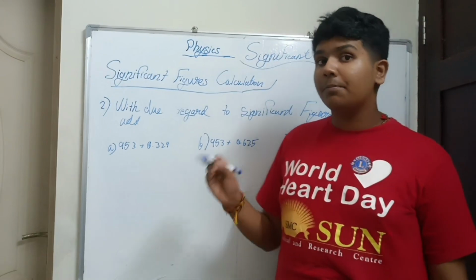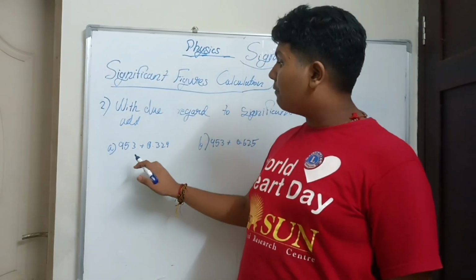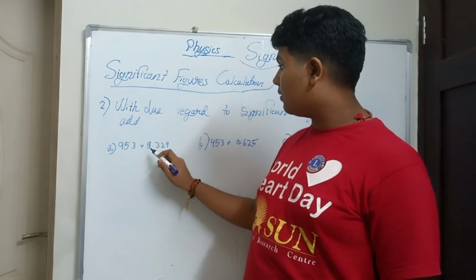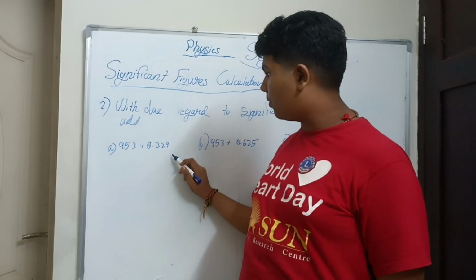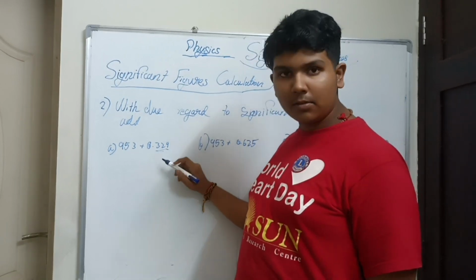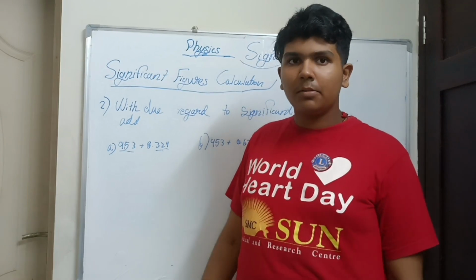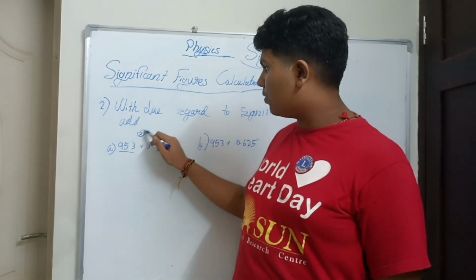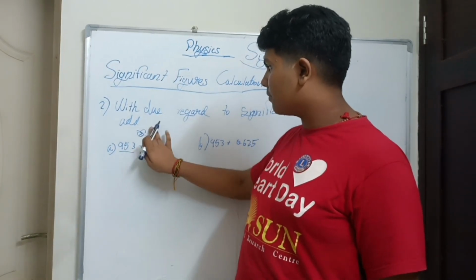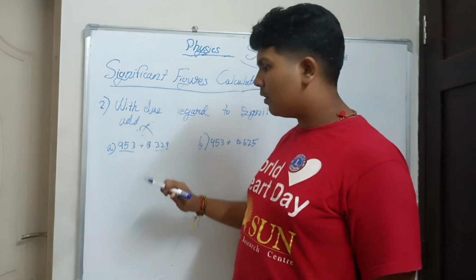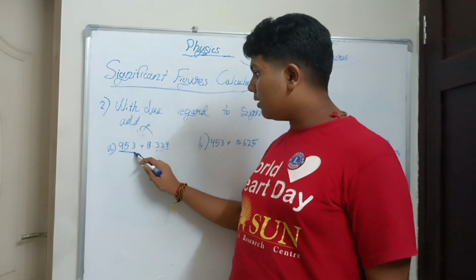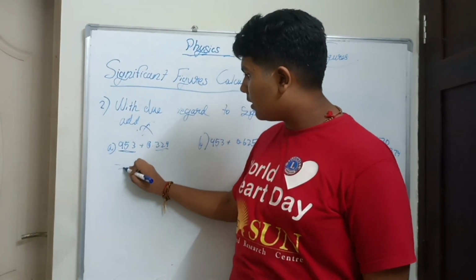What I had discussed in the previous question? Find the least significant figures. Here you can see it's around 3 or 4. But the decimal places, here how many decimal places are there? There's no decimal places, right? So which means it will be 953. Hence the answer is